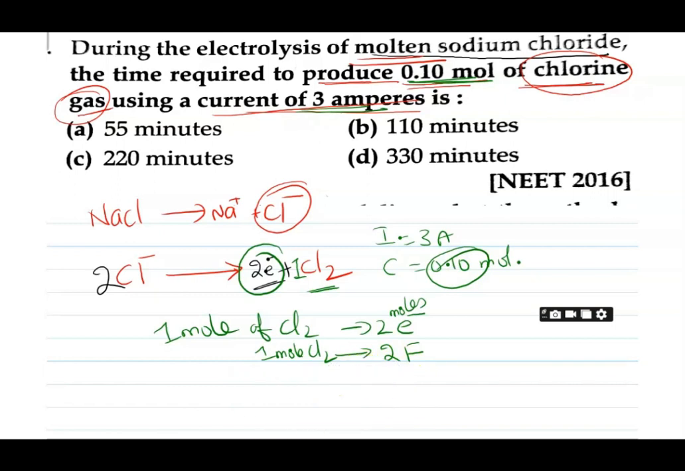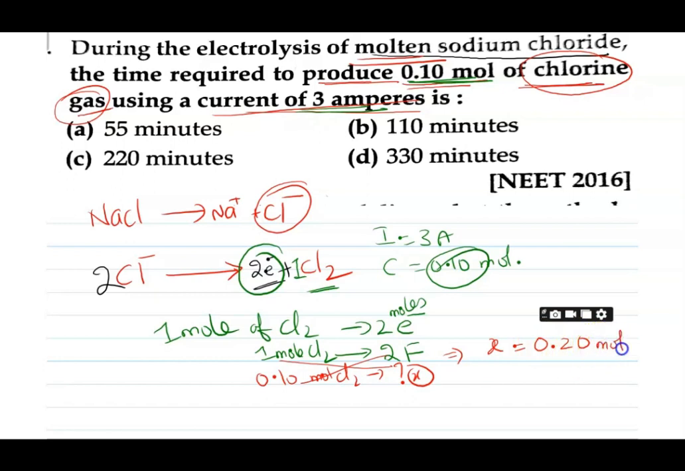0.10 mole. When it is 0.10 mole, how many Faradays? Let's calculate first. 0.10 mole of chlorine requires how many Faradays? Let's use X and just crisscross it. So you will get 1 into X is X is equal to 2 into 0.10, you will get 0.20,